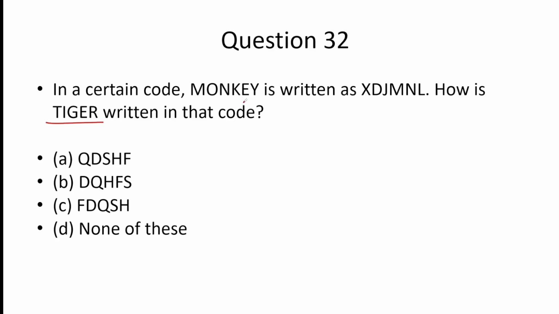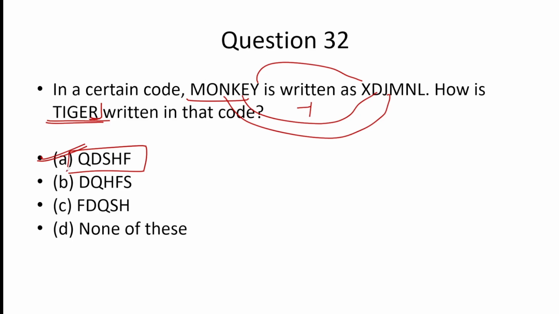Okay. So this is also a shifting question. See, Y to X. You can see this is -1 shifting. Okay. E to D, -1. Okay. N to J, -1. So the same you will do with this R. Okay. R -1. If R is 18, R -1, if you do, okay, so it will be Q. So only one option starts with Q. So the answer is this. Right.